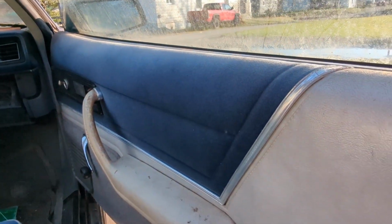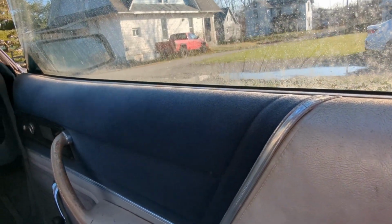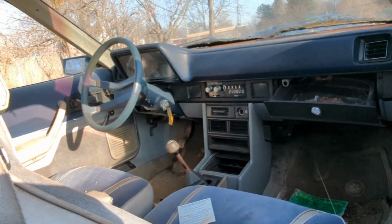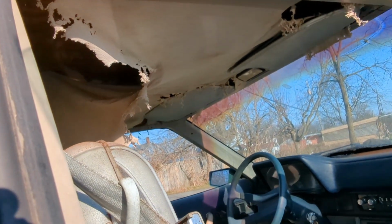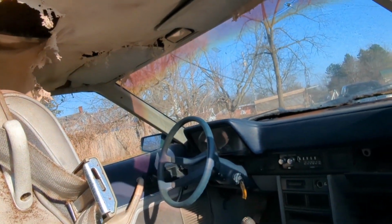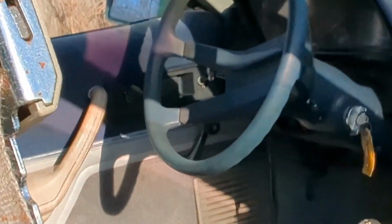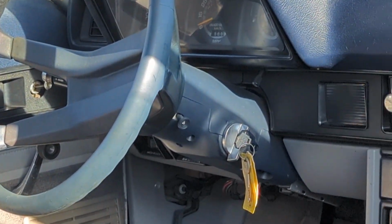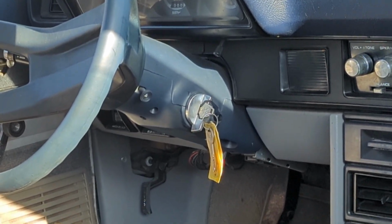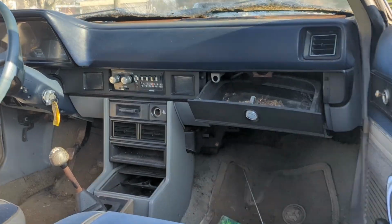The door panels are the same. They would be two-tone, silver with the blue top portion. The steering wheel is blue on this car. The headliner, well, lack thereof, is a gray silver color. It's hard to see, but the door lock knobs and bezels also changed in '84 from what I can tell. So with that,